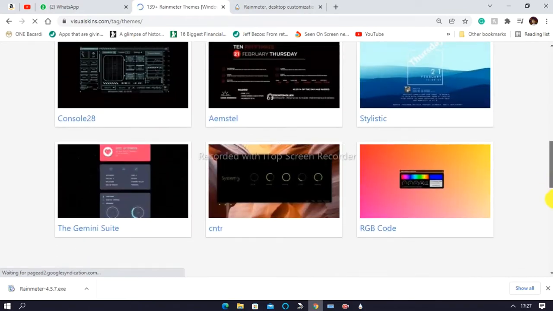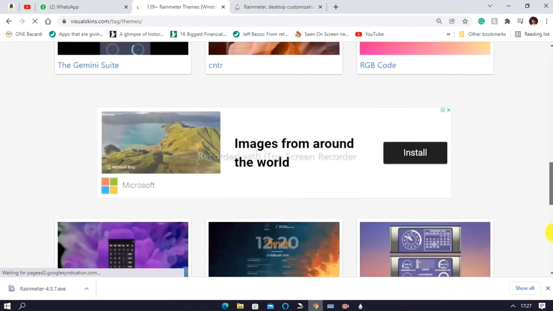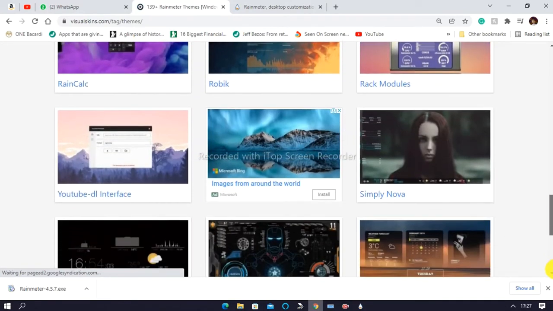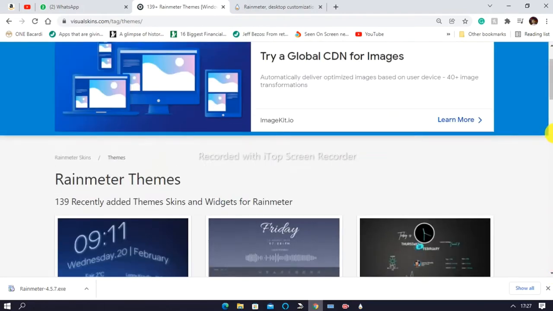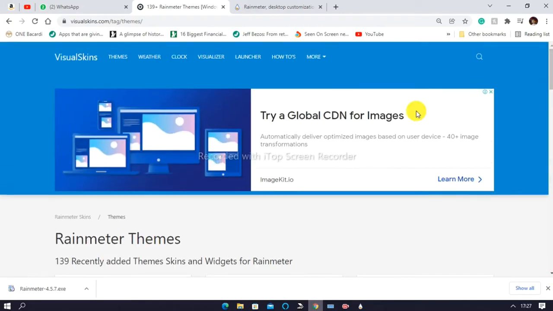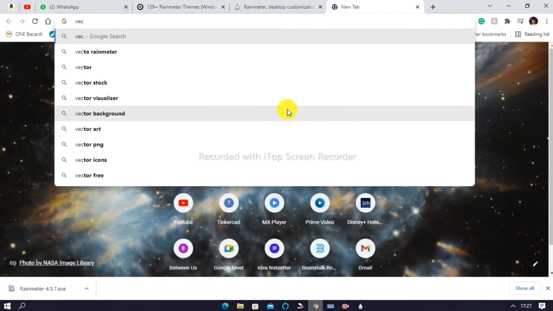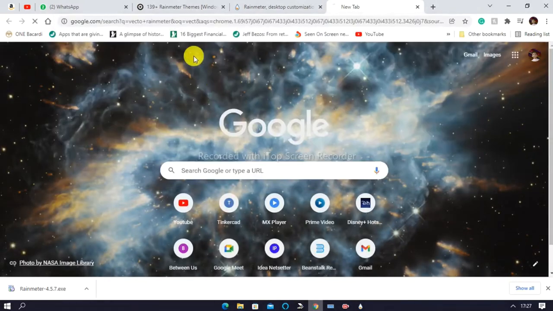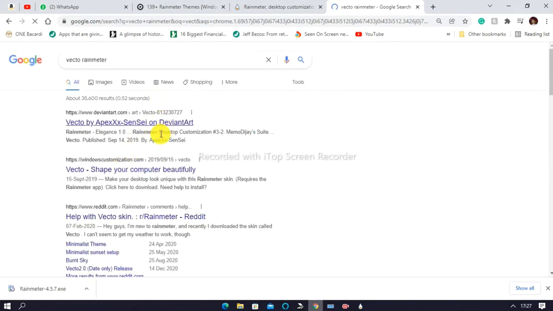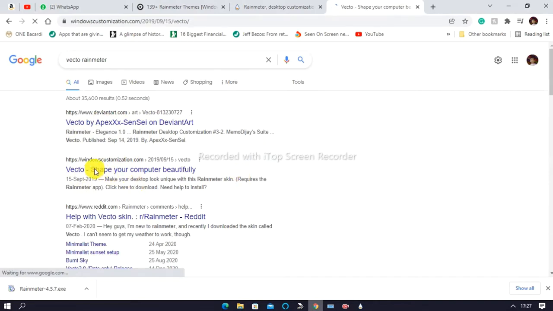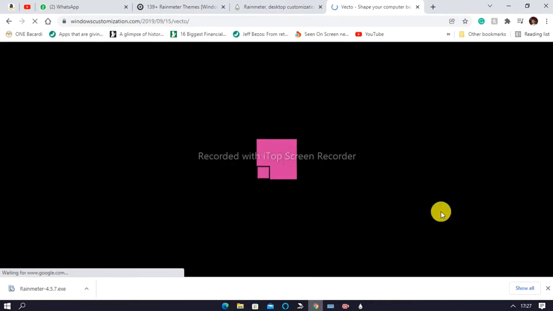Here all the skins are there. You can choose any one of them and apply it, but I will go for Vecto. I like it the most, Vecto Rainmeter. So I will click on Windows customization.